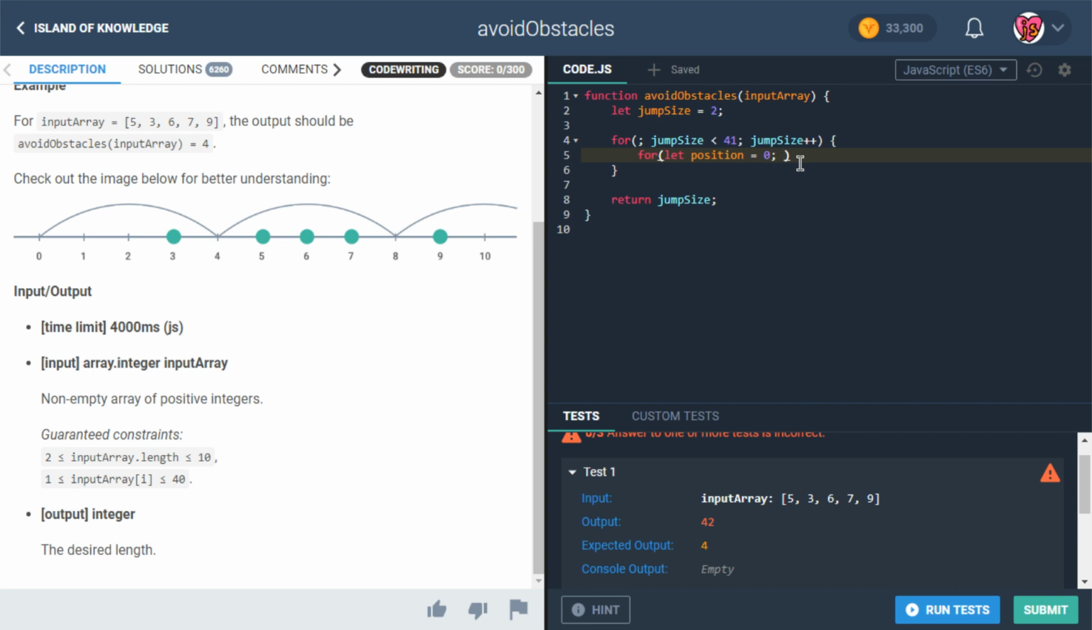let's see, we'll talk about that later. And then position, well, position plus equals jump size, actually. That's the point of it, right? That's where we're jumping. Okay, and then basically, if we encounter,